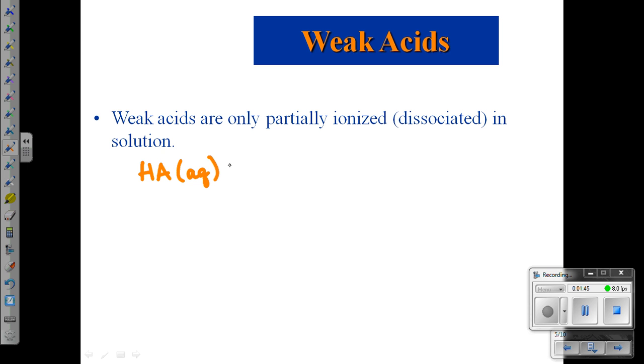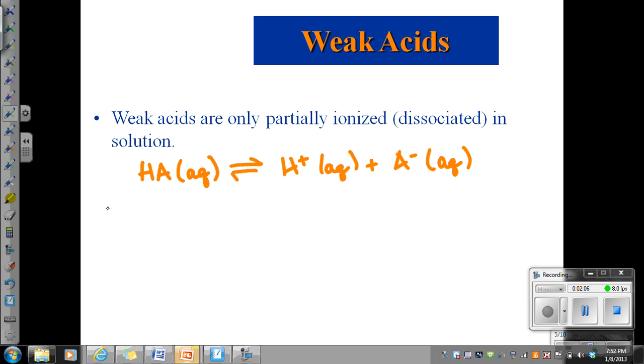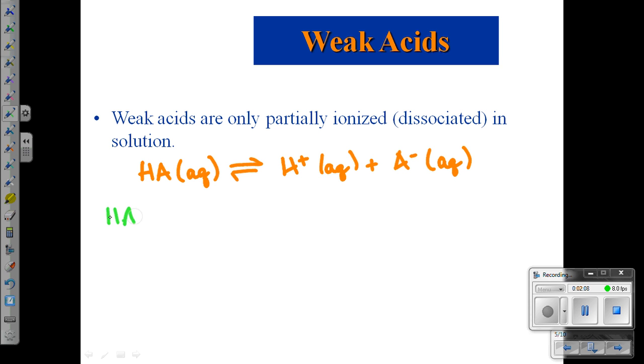We can write it in aqueous solution with water understood, and so we'll get a proton and the conjugate base A minus anion,